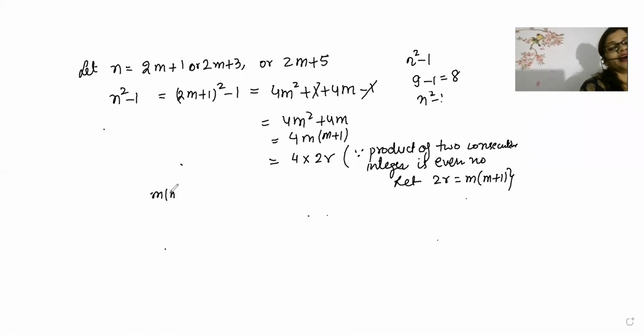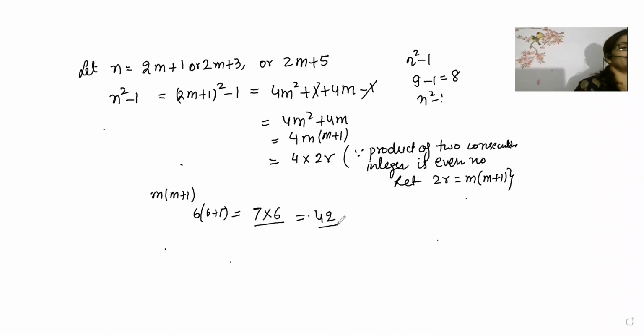m plus 1 is a general variable. So if you write any value instead of m, give me any value of m. Chalo, give in the chat box any value of m. Give me any value of m fast. Tell me whatever value. 6, you write. Okay, 6, then the other number will become 6 plus 1, so it is 6 into 7. Now 6 is what? An even number. So 6 sevens are 42. Isn't it coming an even number?